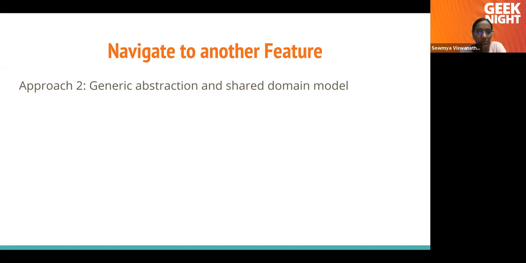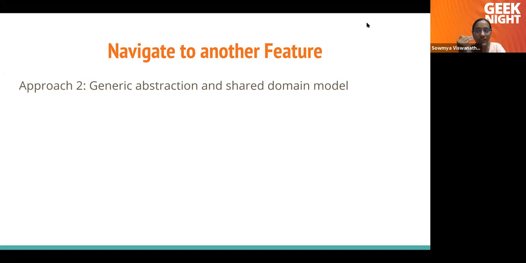So in the first approach, we saw a very generic solution, right? So here, let us try to solve one of the problems that we faced in approach one, that is ensuring compile time safety. In our application, when you want to move from the product page to the purchase page, as well as from the cart to the purchase screen, the thing that we needed was a product as an object, right? So if we go back to our architecture diagram,